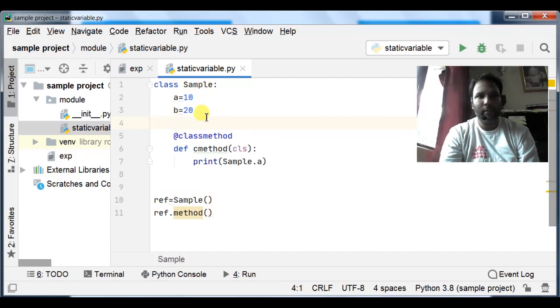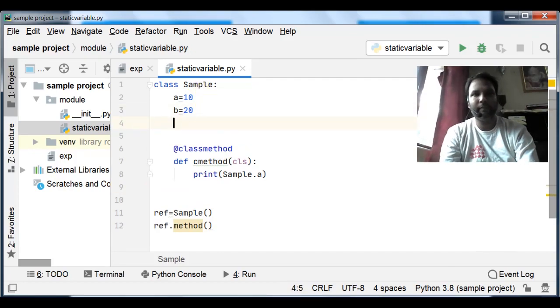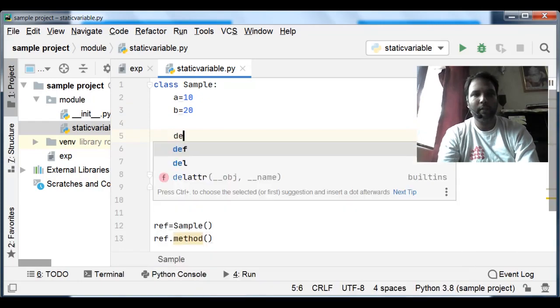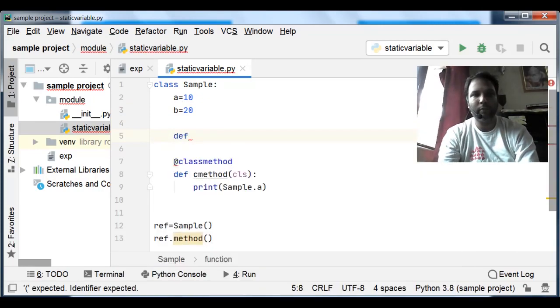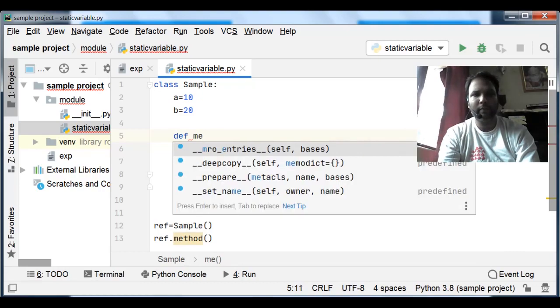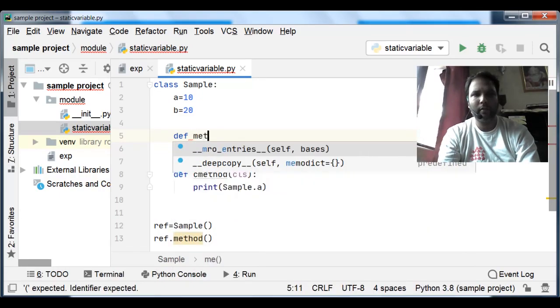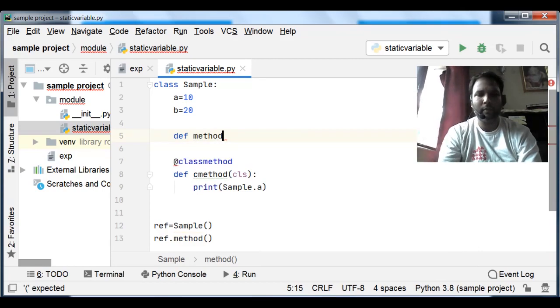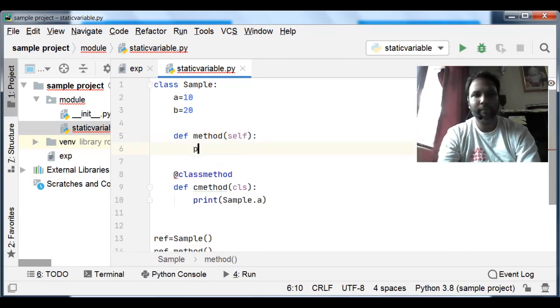I will take a method def and try to explain it for the method also. Then I will be printing